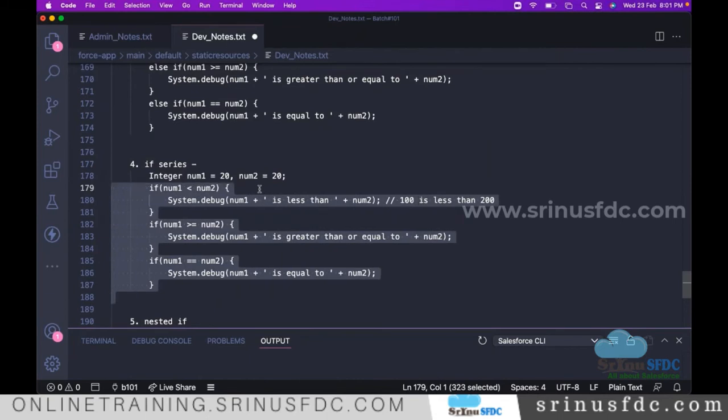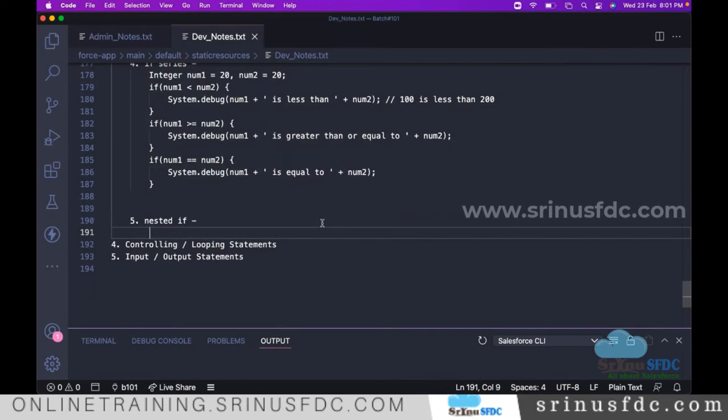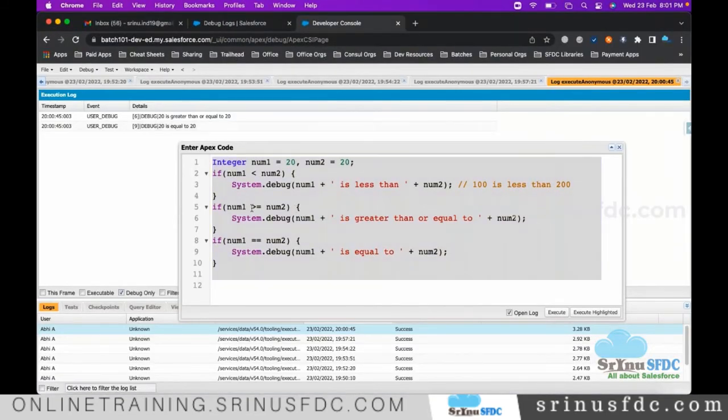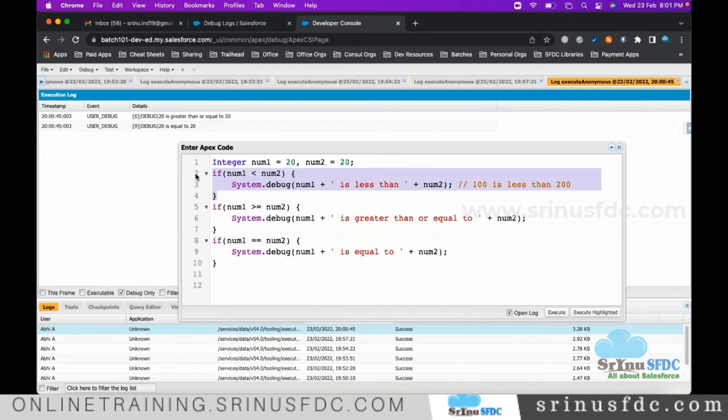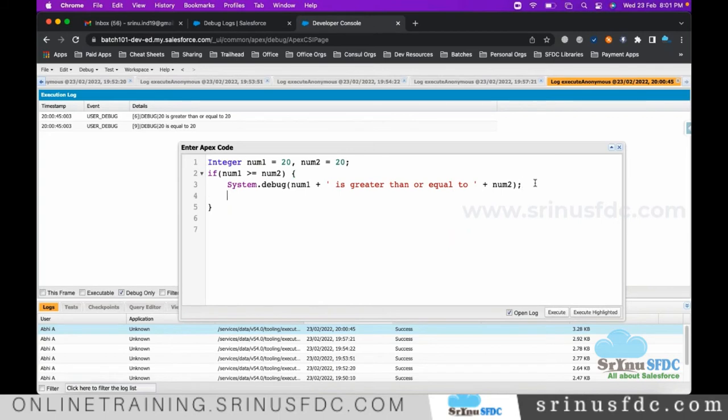These are the things. Okay. The next one, nested if, means keeping a condition inside one more condition. So for example, this if condition, I'm keeping inside the first condition, right? Now if this is satisfied, then it enters and executes. And also if this is satisfied, again it enters and executes. If you keep if conditions inside one more if like that,